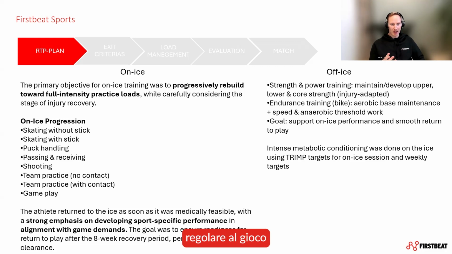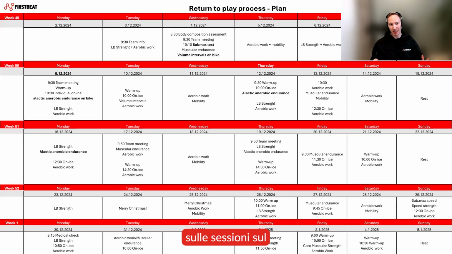Then after the athlete was able to return to ice, intense metabolic conditioning was done using TRIMP targets on on-ice sessions and weekly targets. Here's the plan for the return to play process. So he had 3 weeks off because of the injury and then 5 weeks of training, which is good to highlight. At the beginning of the return to play phase, they did a submaximal fitness test, and then I have just highlighted some of the